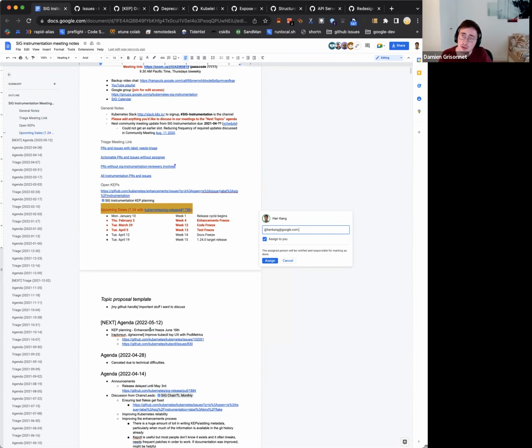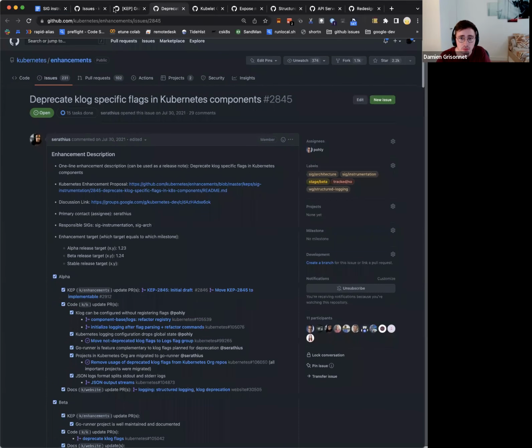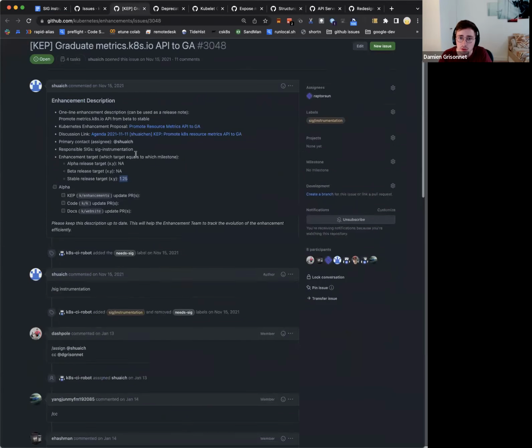Because yeah, this one, I guess we can close this one and reopen one. It seems that we won't go GA with this API yet, and we will rather create a new alpha version of it. So I guess we can close that one and I can reopen one with a better display. This is for the resource metrics API, right?